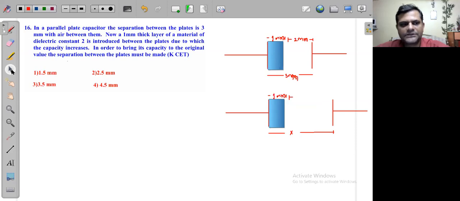This distance will actually be... ये जो डिस्टेंस है, बचा हुआ जो डिस्टेंस बनेगा वो एक्चुअली बनेगा x minus 1 here। You understand why? ये x minus 1 के बराबर बन जाएगा, क्योंकि एक मिलीमीटर तो हमने थिकनेस का डाल दिया ना स्लैब, तो इसलिए जो बचा हुआ डिस्टेंस है वो x minus 1 के बराबर रहने वाला है, जो कि हमको अब यहाँ पे कंसिडर करना है।